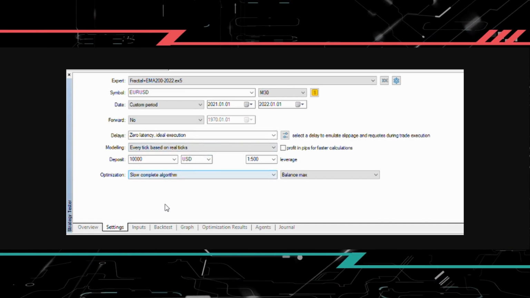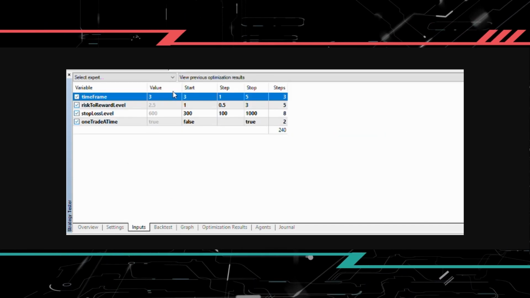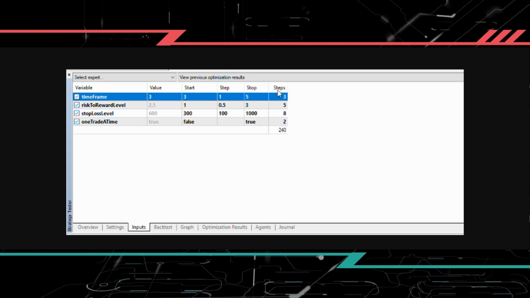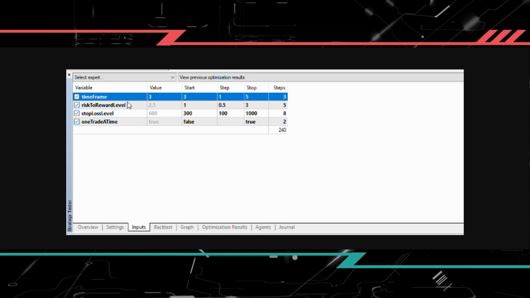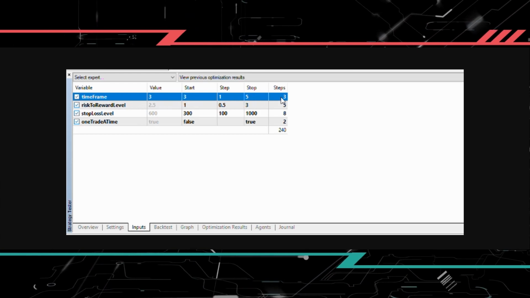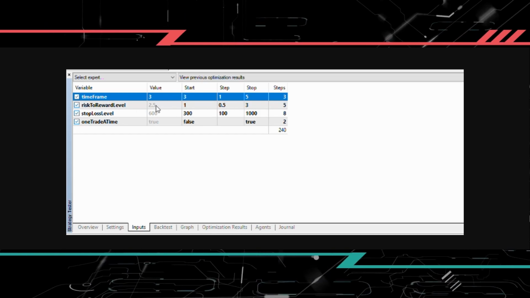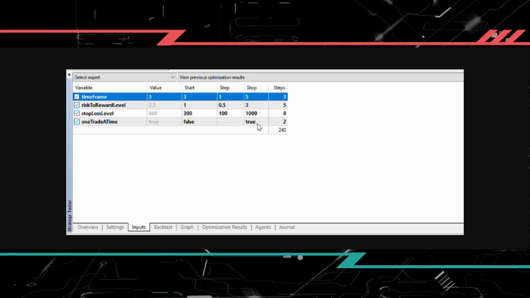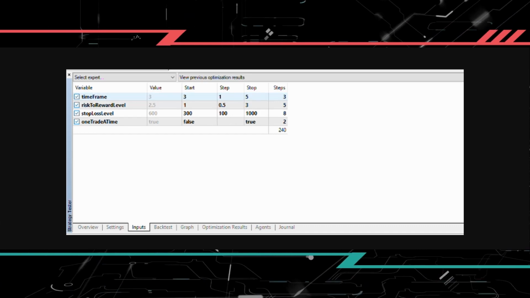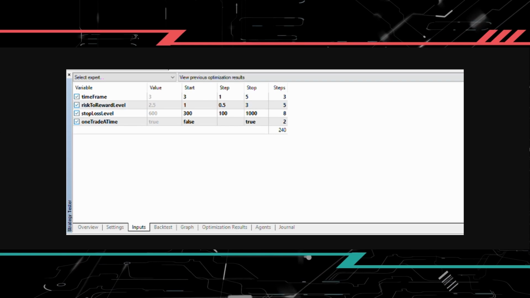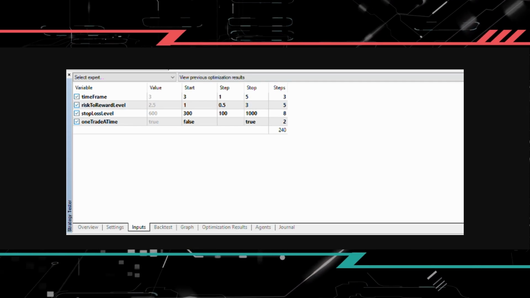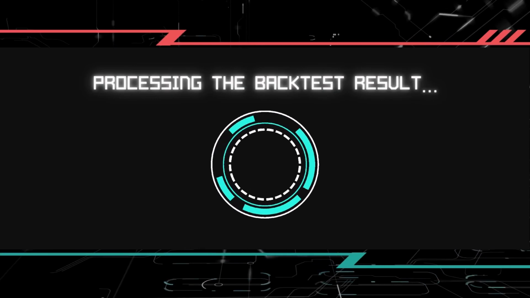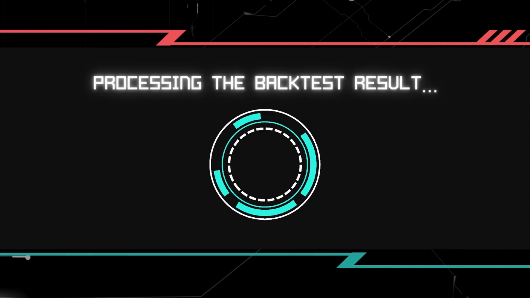At the Inputs tab, we set the time frames to test, between 30 minutes to 4-hour time frames. Risk to reward ratio will start at 1 and end at 3 with an increment of 0.5 each time. As for stop loss, we will start at 30 pips and end at 100 pips with an increment of 10 pips each time. Lastly, we want to test if having one trade at a time will give us a better win rate. After running the expert advisor for a while, we have identified one of the most profitable settings for this